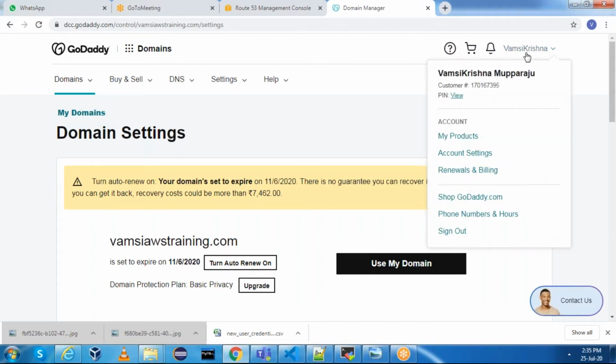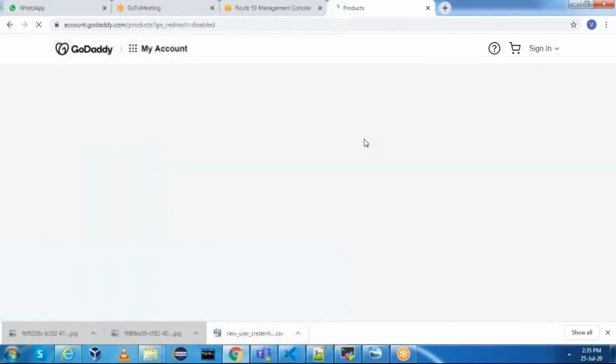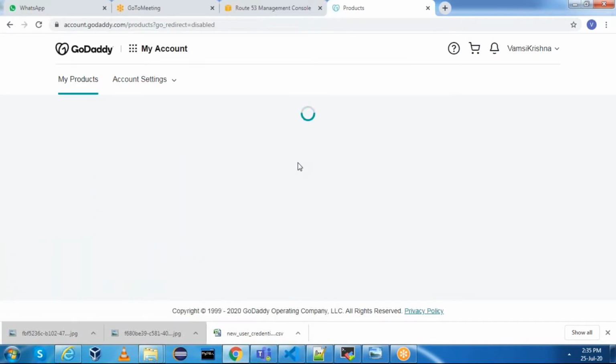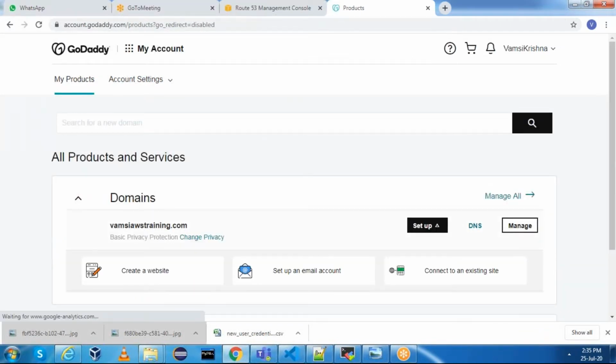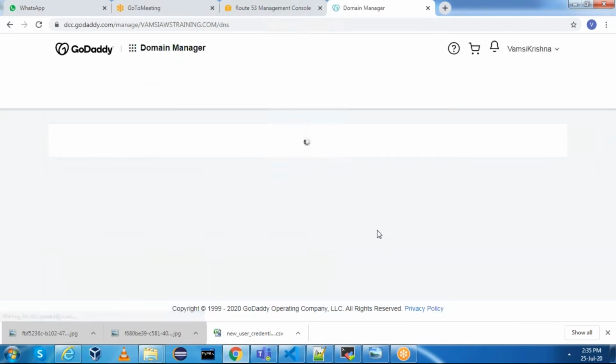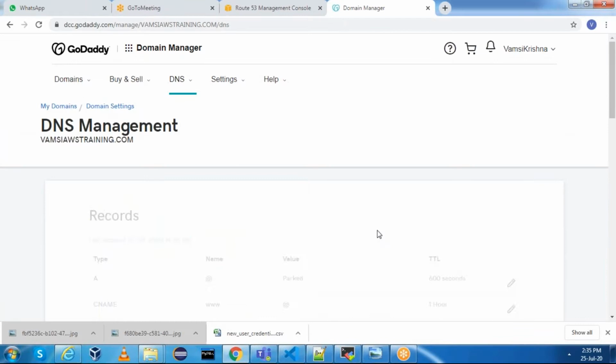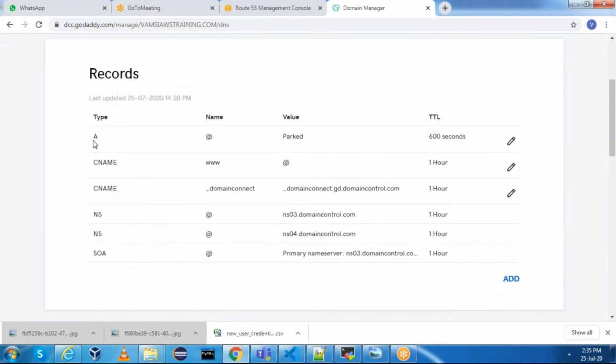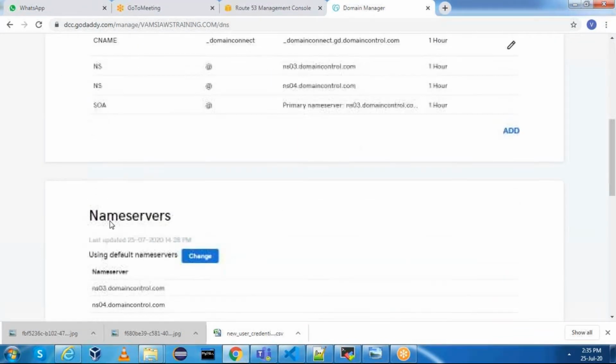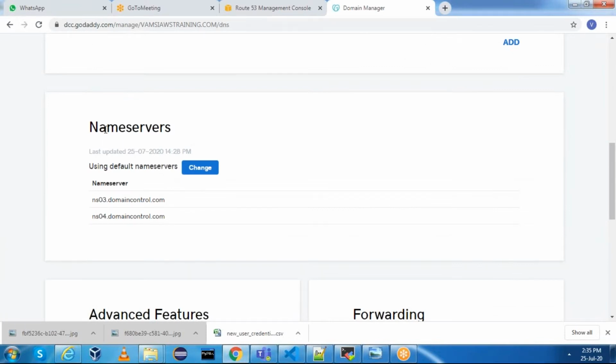Or you can go to my products. You can go to your username and you can go to your products. And in your products, this is the domain name. Click on DNS. Okay. Once you click on DNS, you will be redirected to this page. Okay. Here you will have a record, CNAMEs, everything. Okay. Go to name servers, and here using default name servers, click on change.